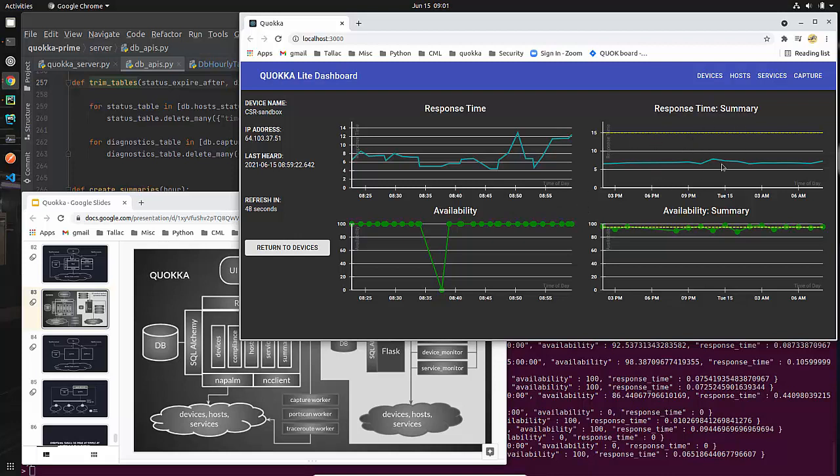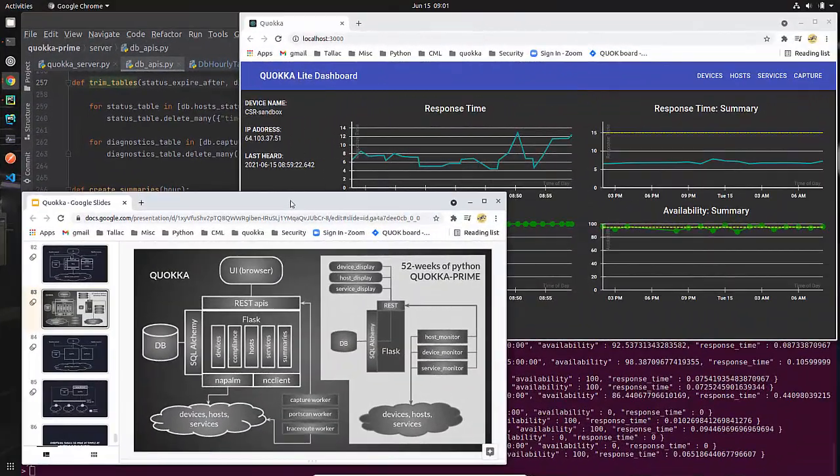Just like this, summarization is a database function purely. I take stuff from one table and put it into another table. The trimming is I'm basically just deleting old entries from the database. So both of these, and that's why I'm doing them together in this lesson, they're both database oriented. All right, now let's begin to discuss how I implemented it.